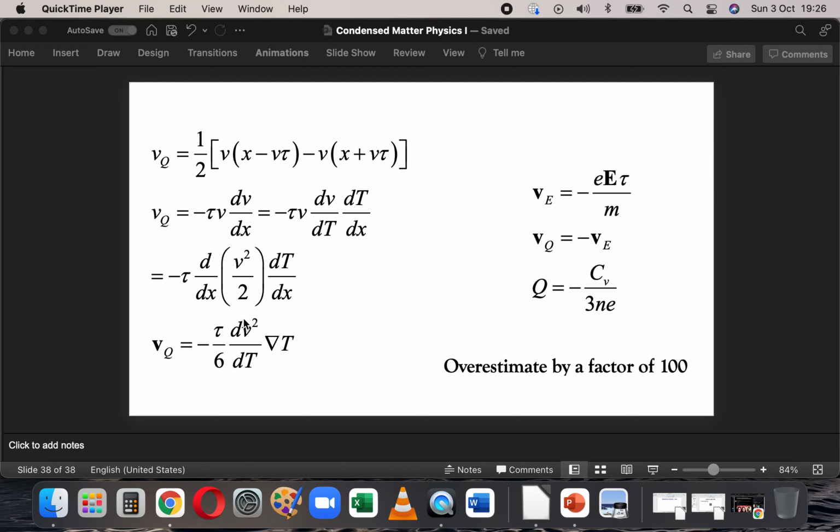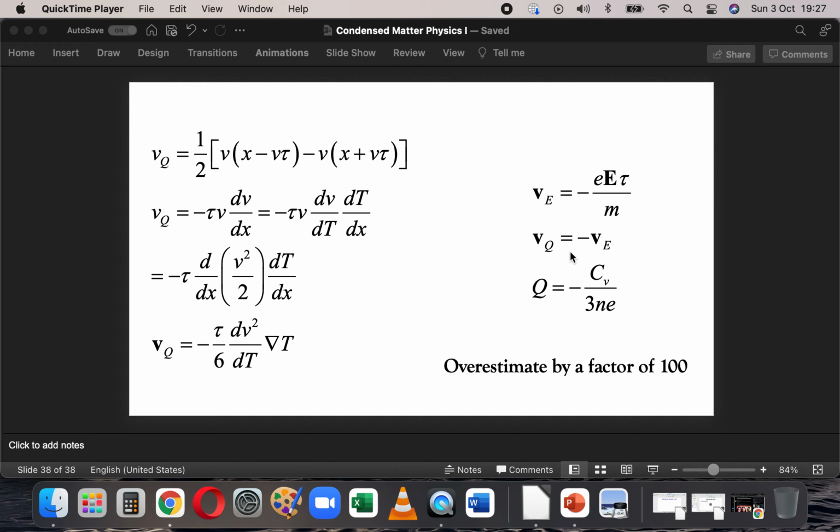And again, I'll go from the one-dimensional case to the three-dimensional case. Please show that in the three-dimensional case, I can write this kind of an expression, and we know the expression for v_E already. We discussed this in the previous classes as to be that, and v_Q is given to be this. So I establish the equilibrium. v_Q is minus v_E. That's when there is no electrical current flowing in the sample. Then v_Q should be minus v_E.